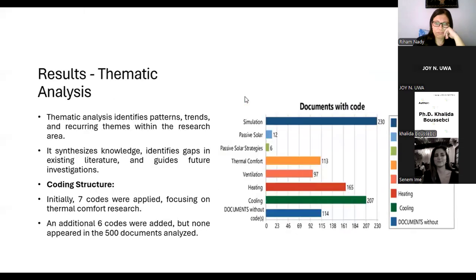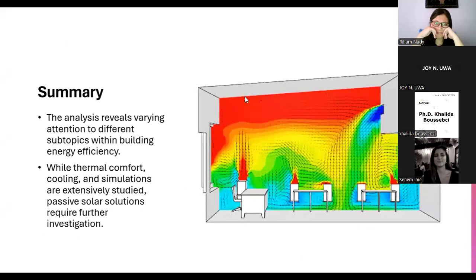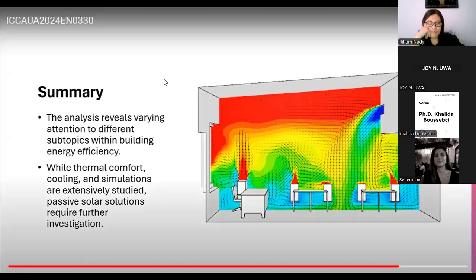For the thematic part, we had an initial code where 7 codes were applied, focusing on thermal comfort research. However, we added an extra 6, which had almost nothing, and we specialized on that. In summary, the analysis reveals varying attention to different subtopics within building energy efficiency, while thermal comfort, cooling, and simulations are extensively studied. Passive solar solutions require